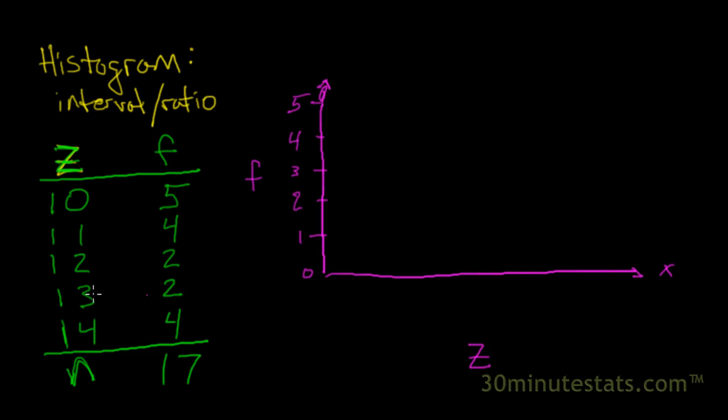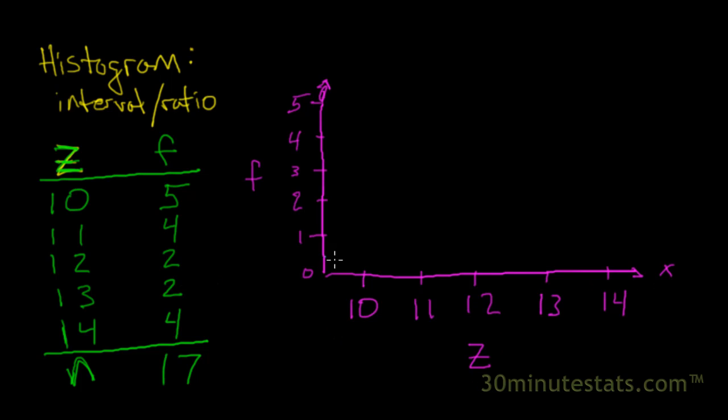And then on the x-axis here, we're going to have our values for the variable z, and we'll see that those values go from 10 to 14. So we'll start with 10 on the left, 11, 12, 13, and 14. We'll put some hash marks on here so we know where these are supposed to be. And now we've constructed the axes for our histogram, and so we just need to fill